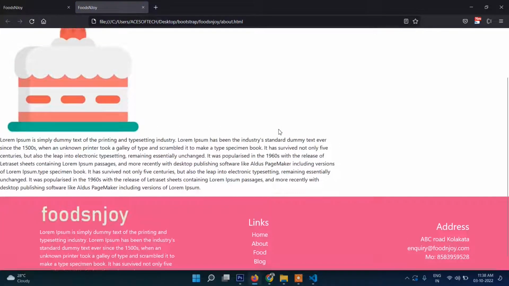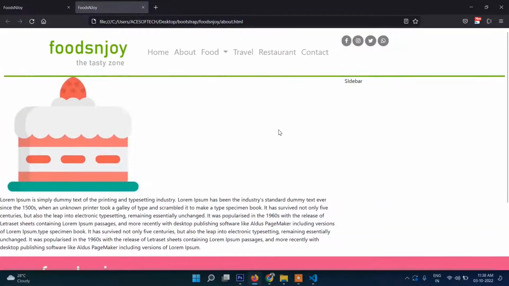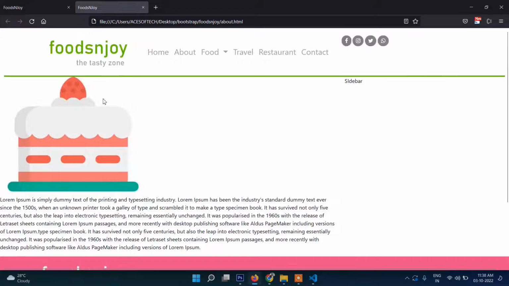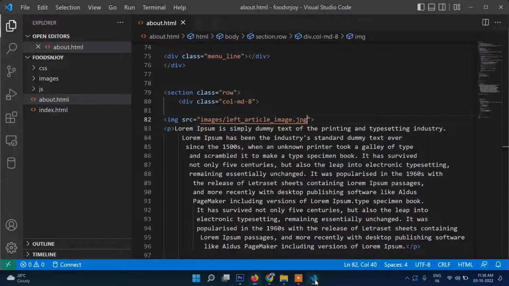Okay, so this one is image. Generally what happens, this image is larger or bigger. In case you want to wrap this text, that means the text will start from here and end here, then you can do one thing: